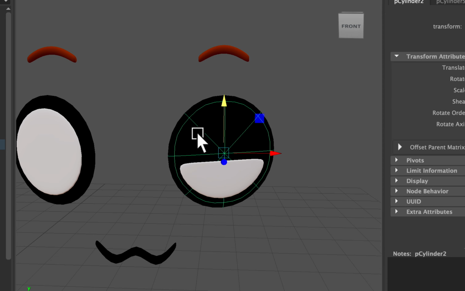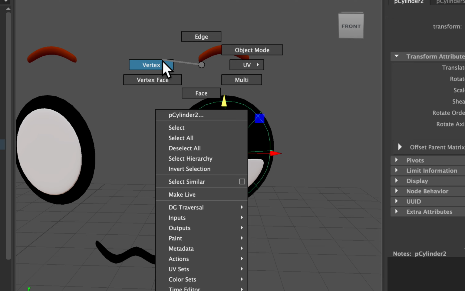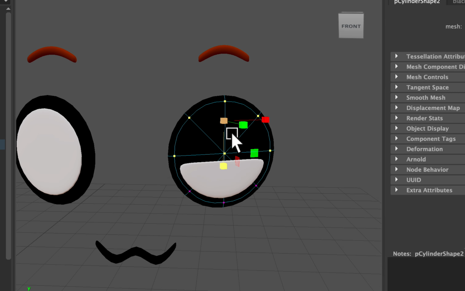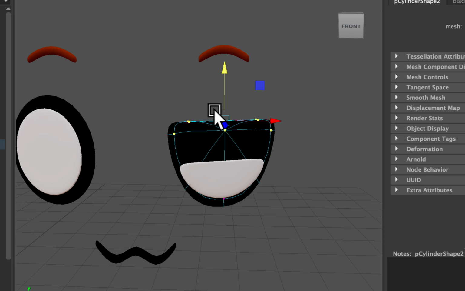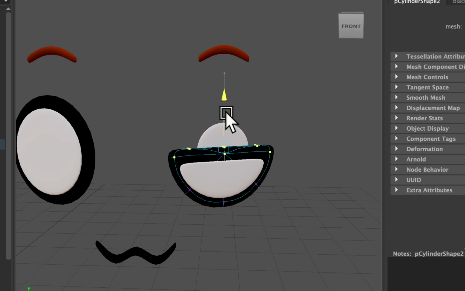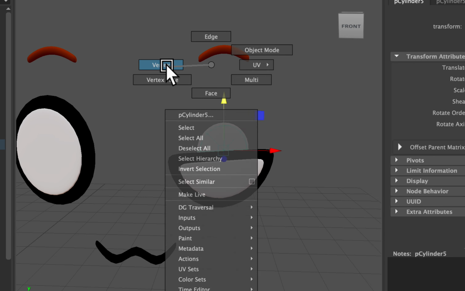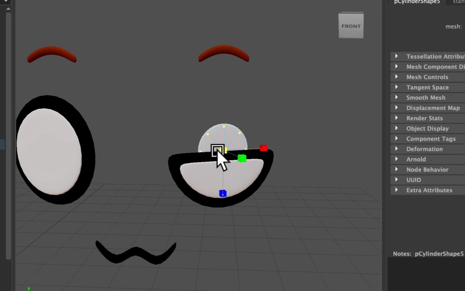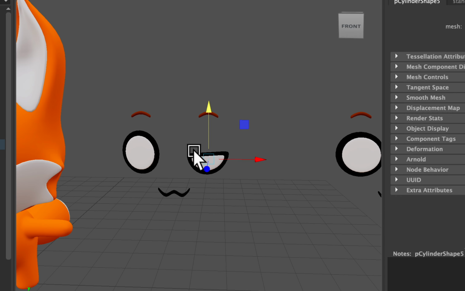And now let's select our other object, go to vertex, do the same thing, select the top half, press R, flatten them out, and then move them to the bottom. Let's go to vertex mode, select our third object. We don't really need this, so I'm just gonna scale it down and move it down to hide it. Okay, so this is our first